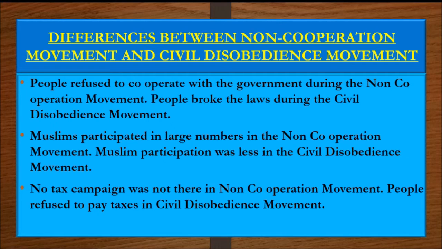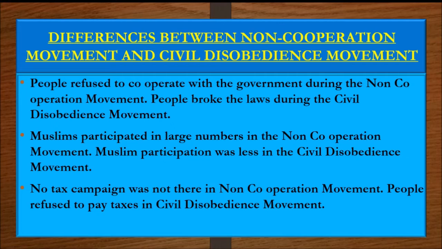Now what happened is, as the situation was growing worse and worse, Gandhiji was not able to tolerate these sorts of violent actions. Then he decided to call off the movement. On March 5, 1931, he entered into the pact with Irwin, which later came to be known as the Gandhi-Irwin Pact. Due to this pact, Gandhiji agreed to participate in the Round Table Conference.